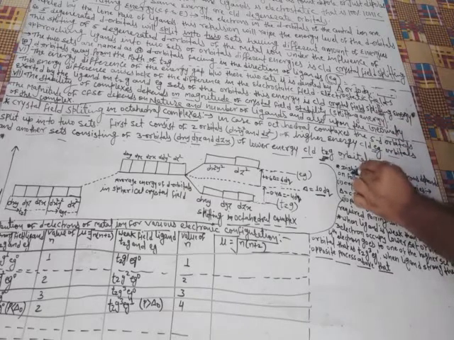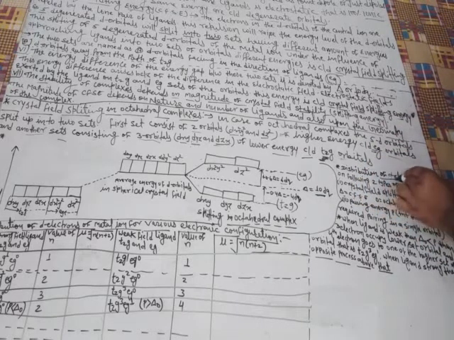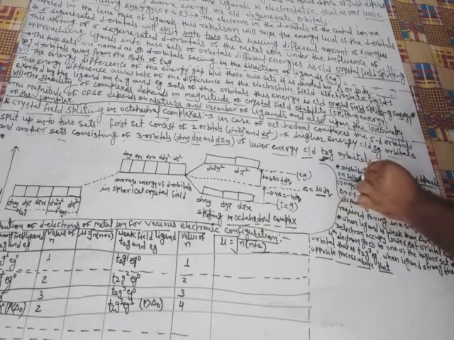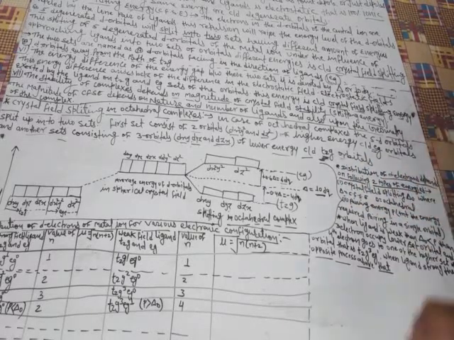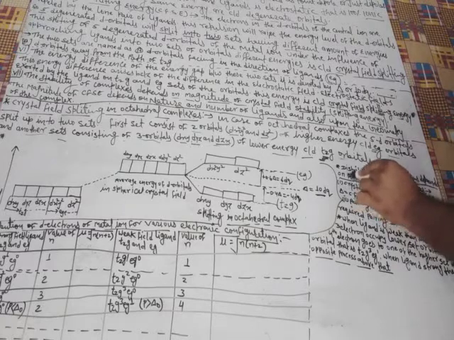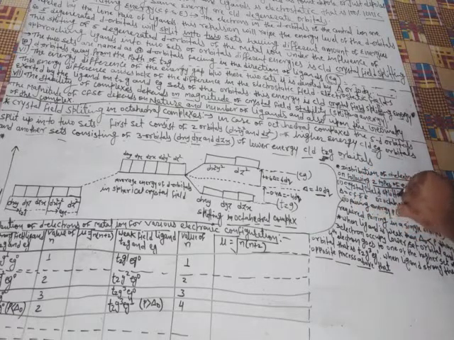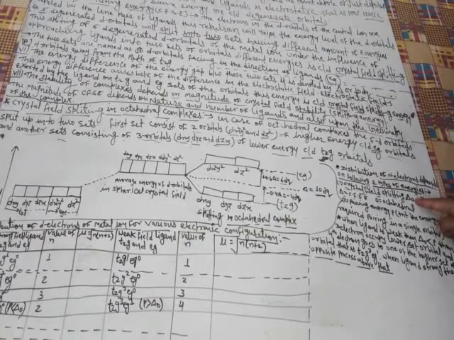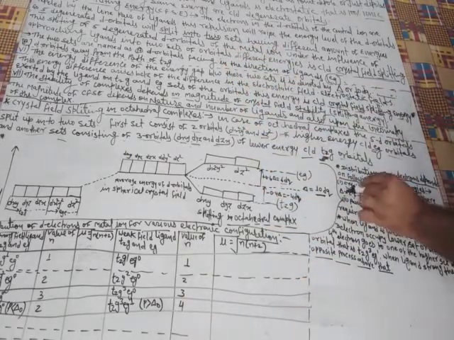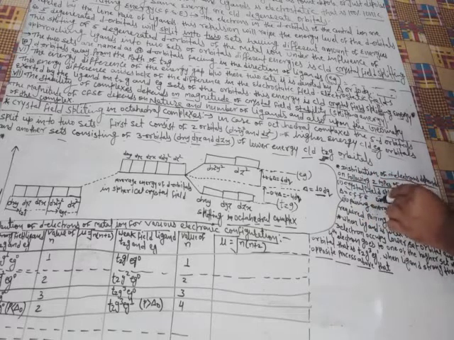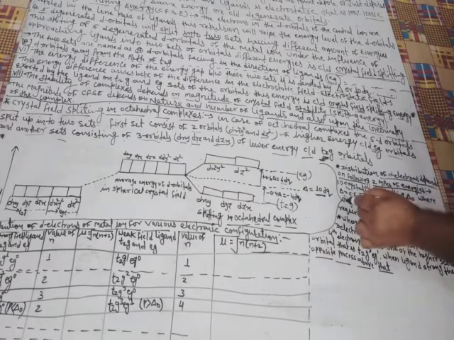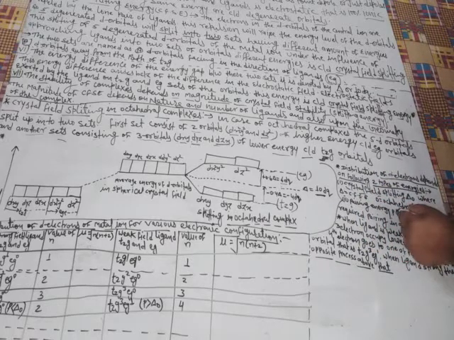First, distribution. Distribution of d electrons depends on the following two types of energies. Important. First type, crystal field splitting, Δo. Δ means CFSE, crystal field splitting energy, and o is represented by octahedral, where Δ equals CFSE and o equals octahedral. Second point, pairing energy. P represents the energy required for pairing in a single orbital.